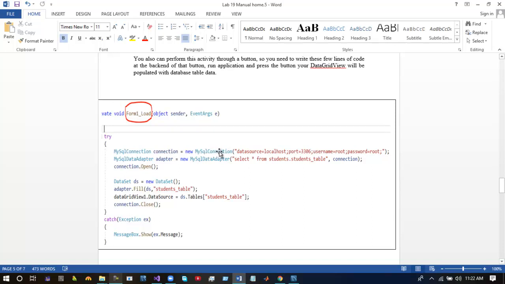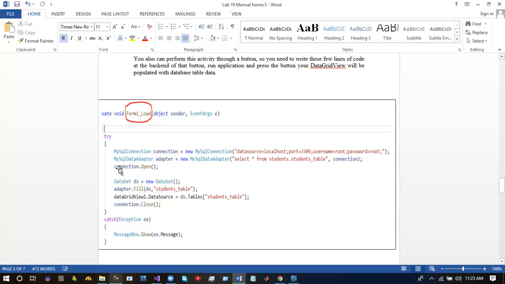The query is select star from students_table. Student is the name of the database, dot students_table is the name of the table, and this is the connection.